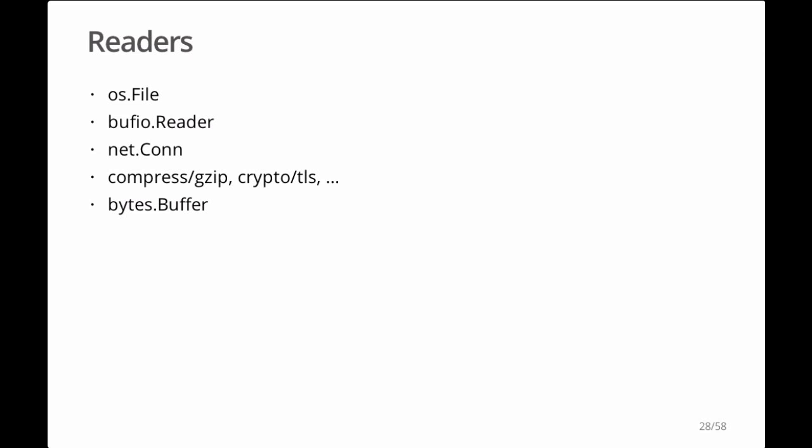Now I started working on Go in late summer 2008, and the Go standard library at that time was minuscule. We had operating system file I/O, and that was about it. And one of the first packages I wrote was the buffered IO package, bufio. And I had to pick what bufio buffered. And so I was lucky enough to be the one who got to define these two types, io.Reader and io.Writer.